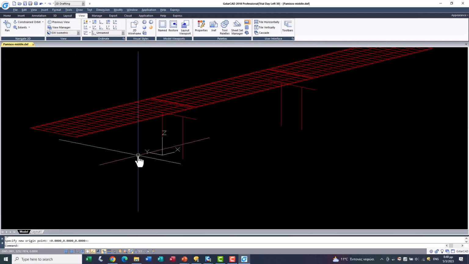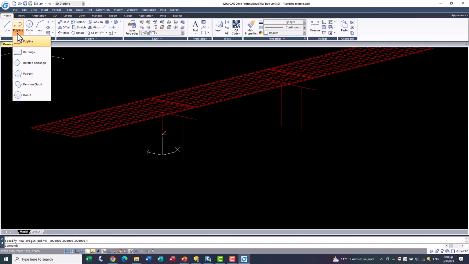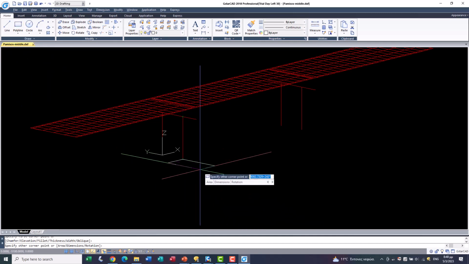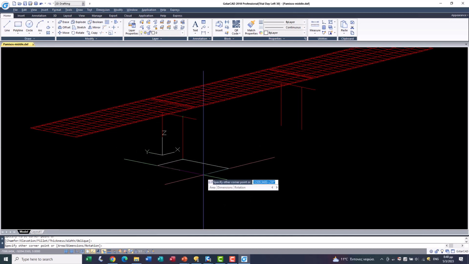Here we are going to create a rectangular shape for the pile head.